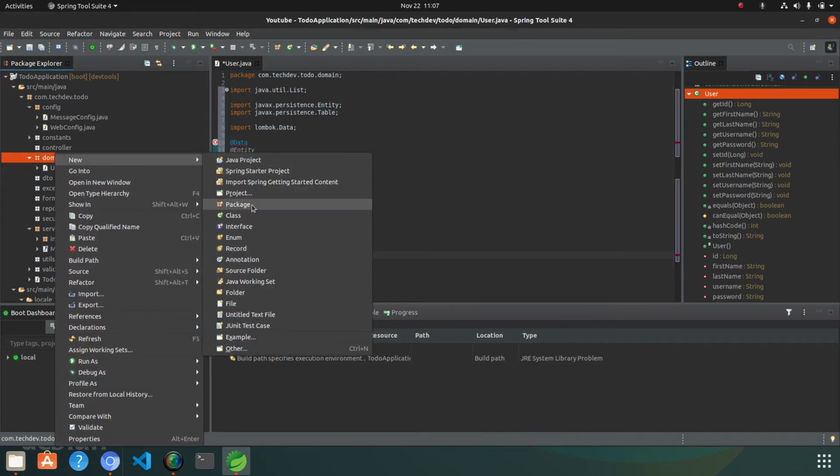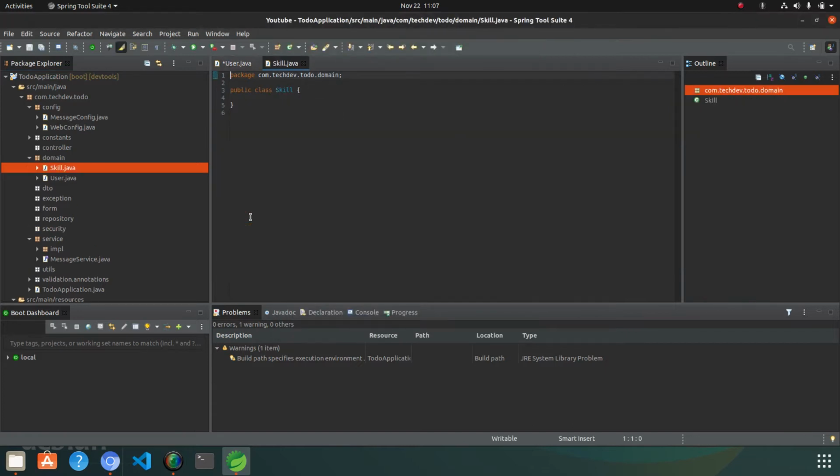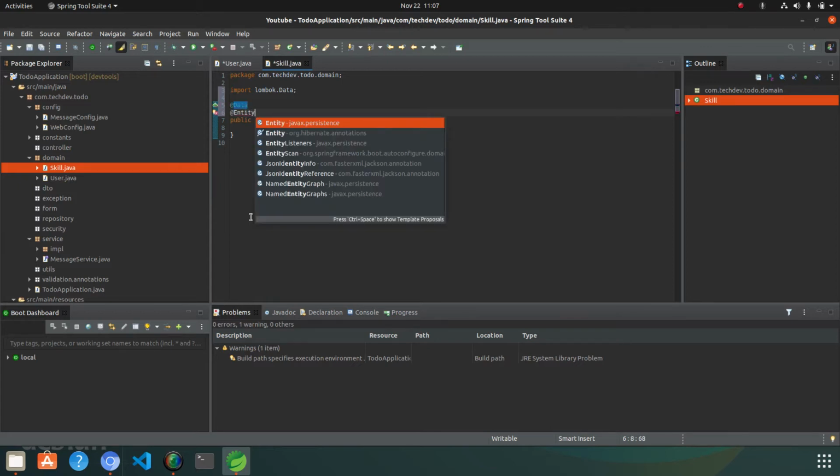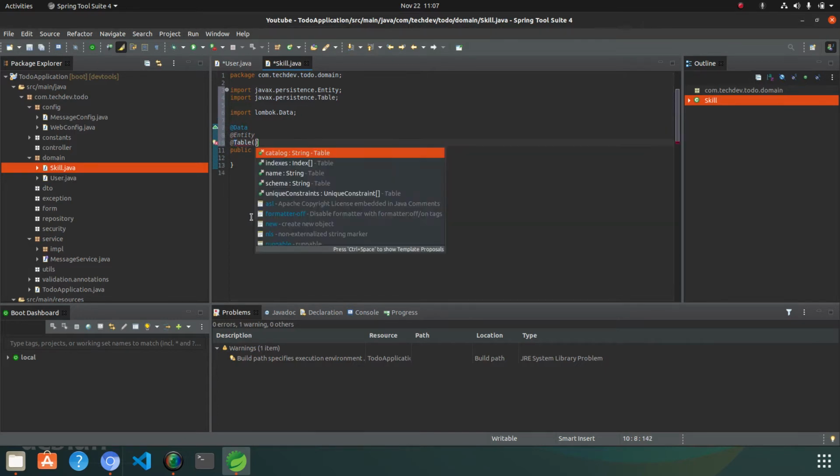So let's create another entity for the skills. @Data, @Entity, @Table. The table name will be skills.